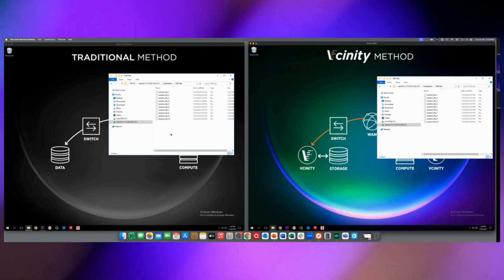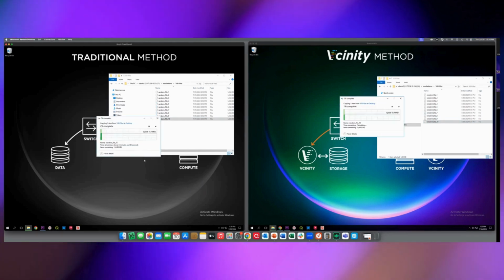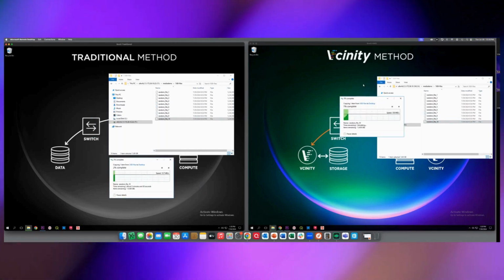So let's show it. Here's what I'm going to do. I'm going to take a bunch of files here, I think they're 5 gig, and we're just going to drag and drop, pulling them from the West Coast over to the cloud on the East Coast. I think it chose number 10 here. Yep. What you're going to see: on the left-hand side, the traditional approach is around 15 megs. On the right-hand side,